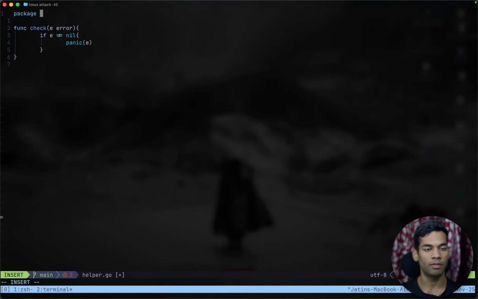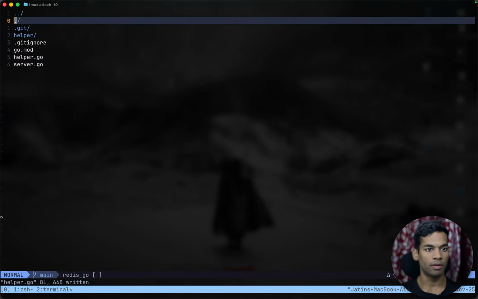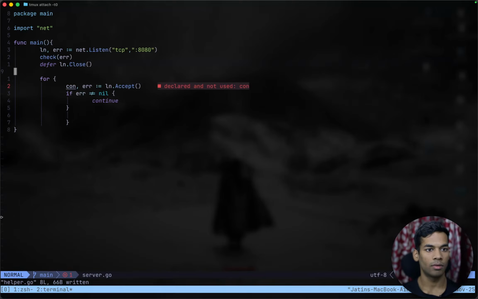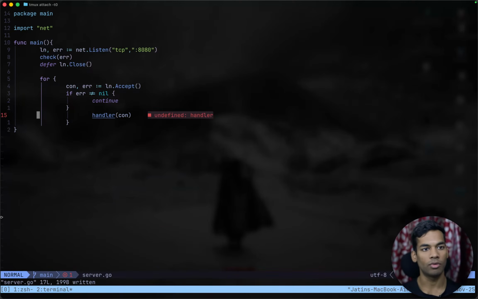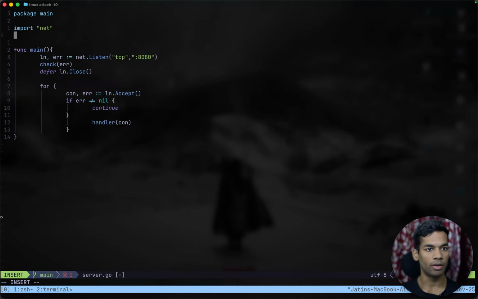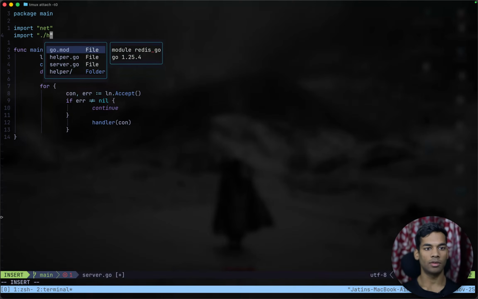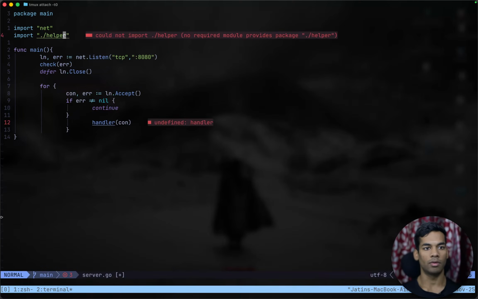It is not. It makes sense. This is in the main package. Okay. Server.go: connection declared but not used. And let's say handler take from the connection. What is handler? Nice question. Import dot slash helper.go. Do we